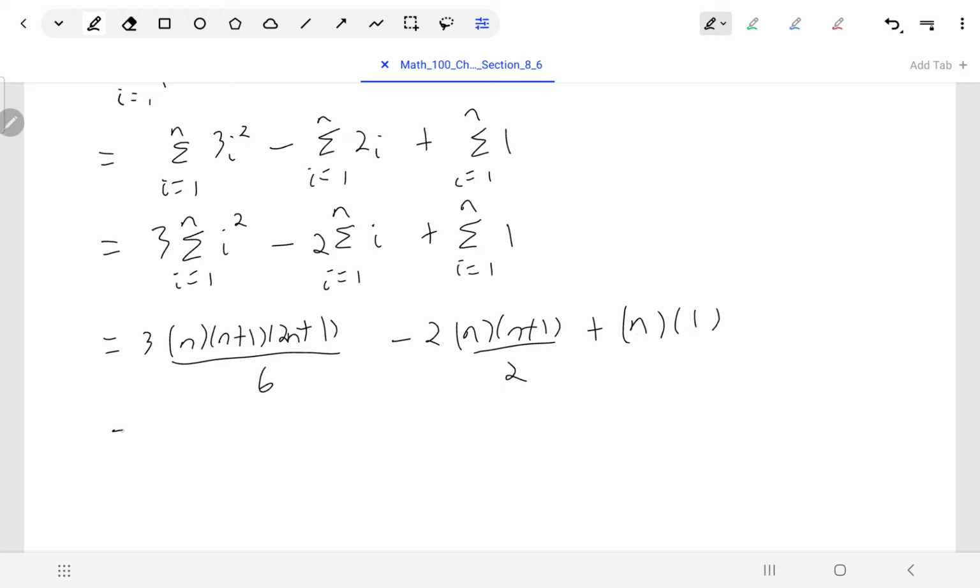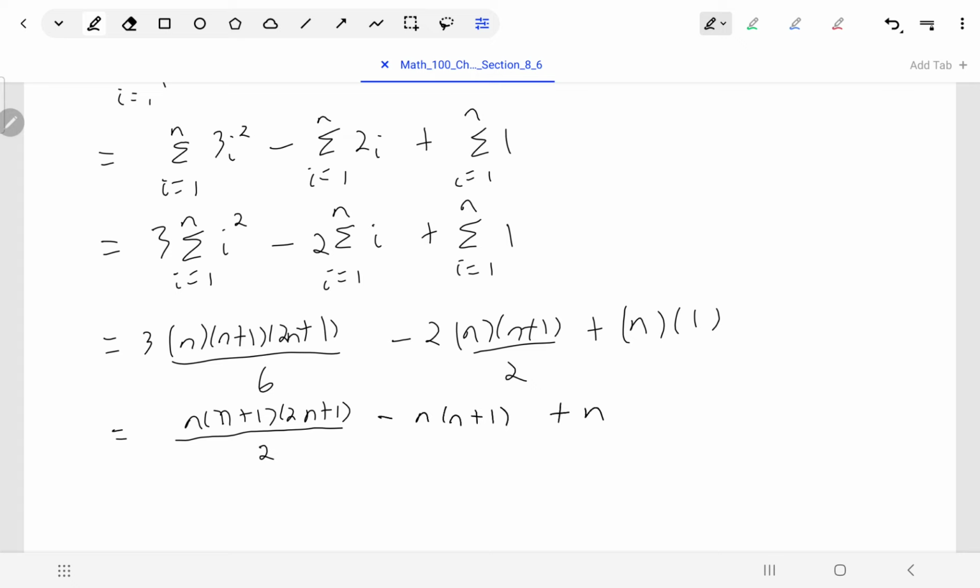So the only thing really left for me to do is just to do a little bit of cleaning things up. Firstly, for the first part, the 3 and the 6 will cancel, leaving just 2 in the denominator. For the second fraction, the 2 and the 2 will cancel, which means I won't have a fraction anymore. And then the last term, that's just going to be a single n. So what I'm going to have would be n times n plus 1 times 2n plus 1 all over 2, and then minus n times n plus 1,